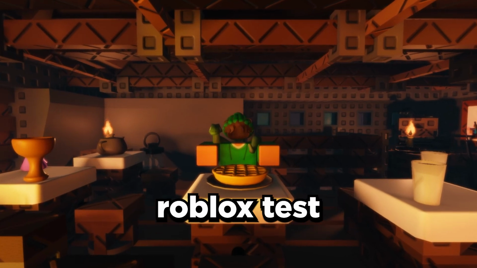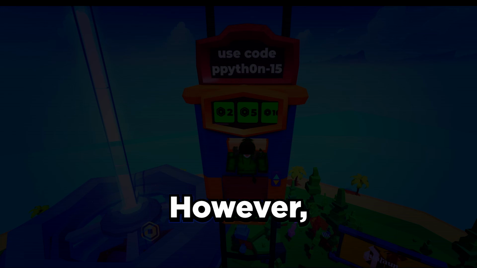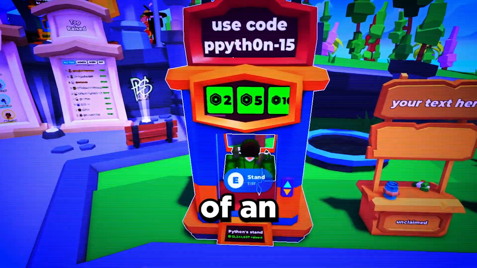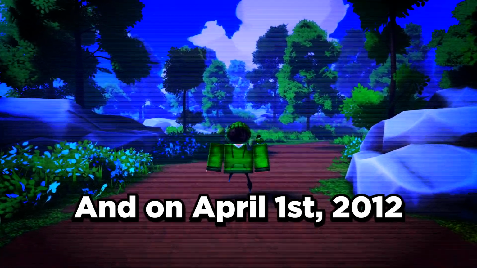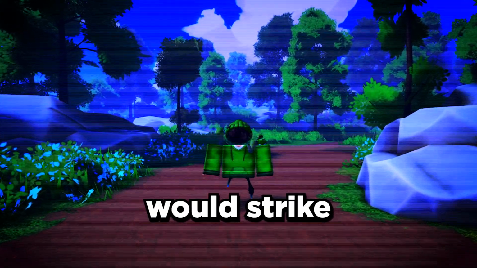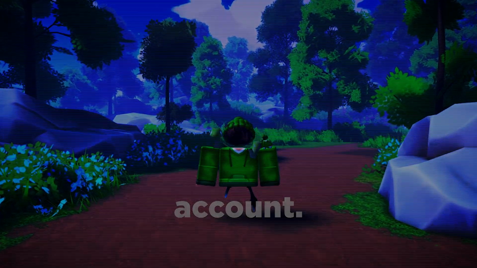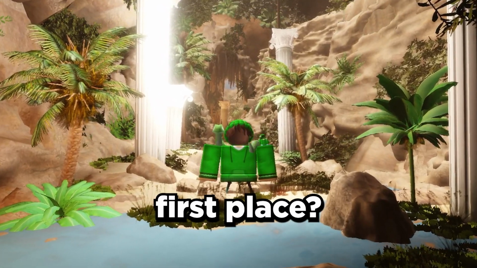On these Roblox test sites, you would not be allowed to create an account. However, you would be able to create an account with the username of an administrator. And on April 1st, 2012, Ellernate would strike and attempt to log in to this infamous Roblox account. And it worked.